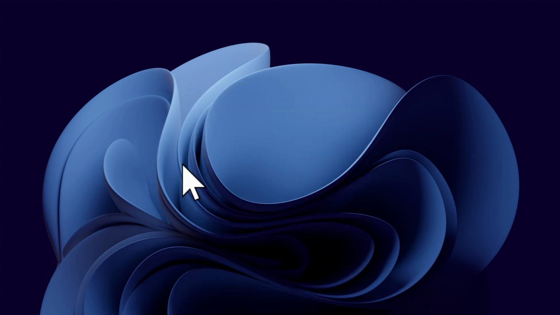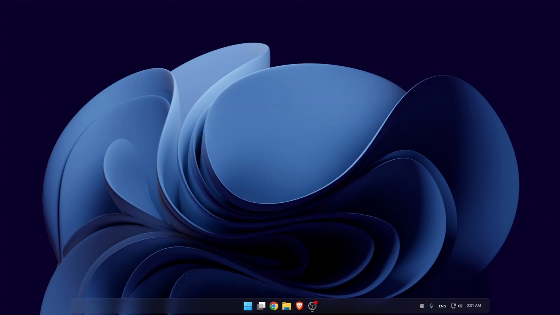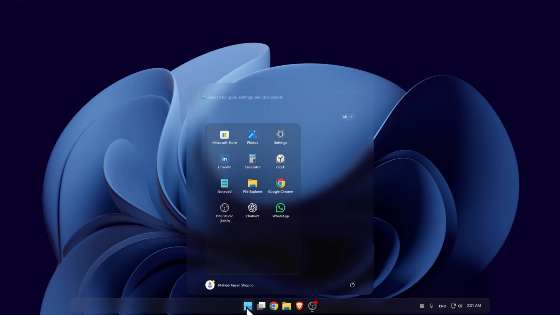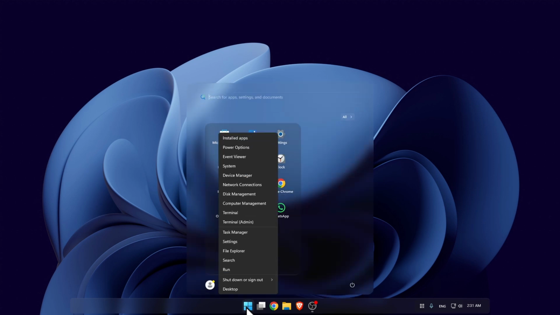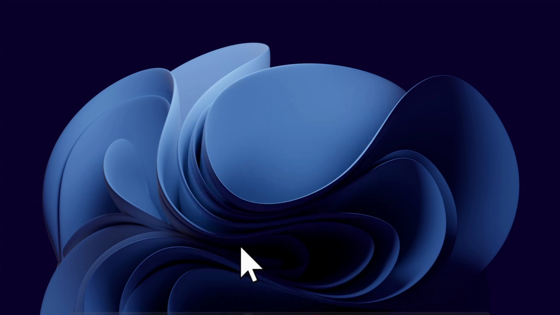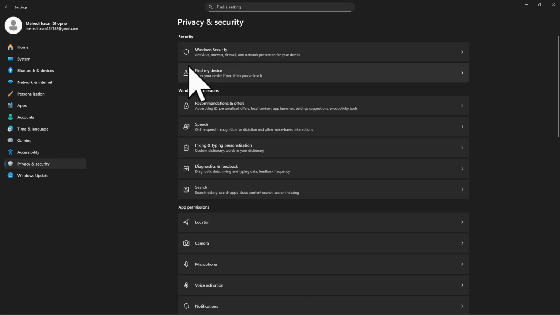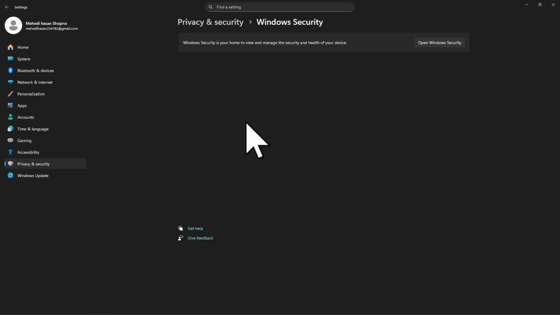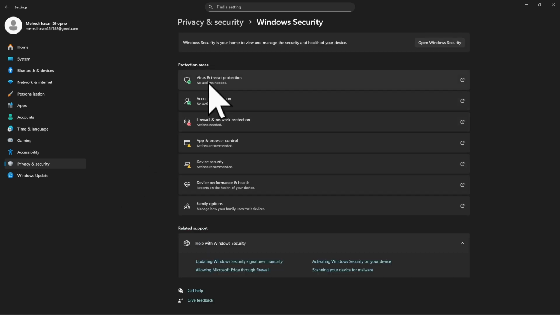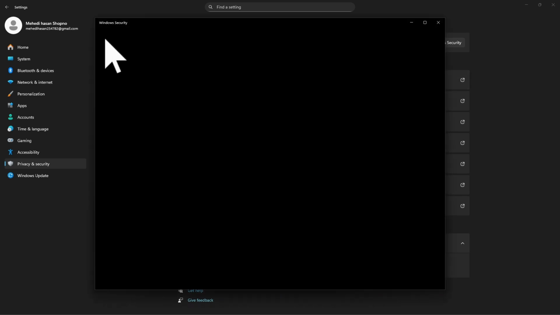And now we come forward to last, and it's a very simple one. You need to click on the start icon or you can simply click on the right mouse button and simply go for settings. And then you can simply look for privacy and security. If you click on the privacy and security, there will be an option pops up called Windows Security. If you click on that, there will be another option called virus and threat protection. If you click on that, Windows Security